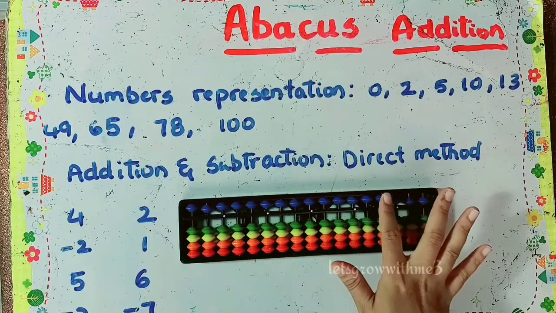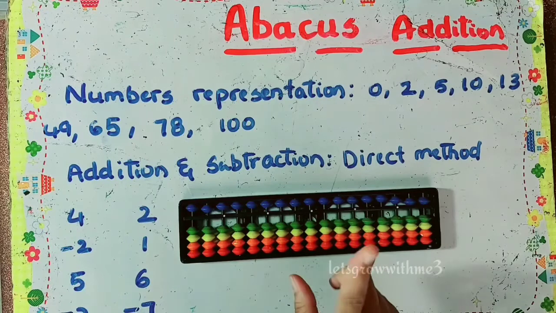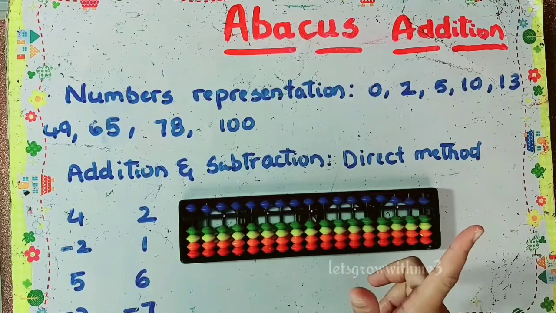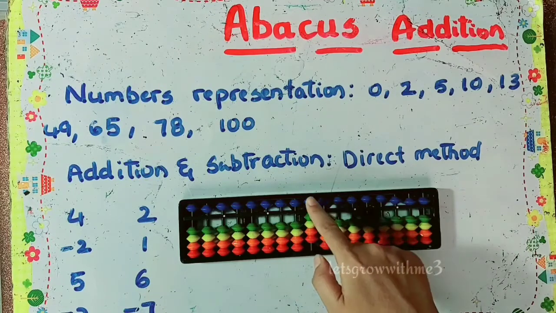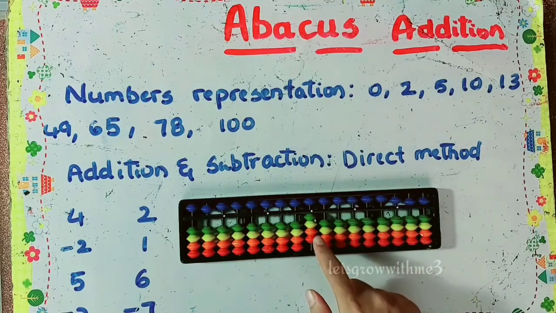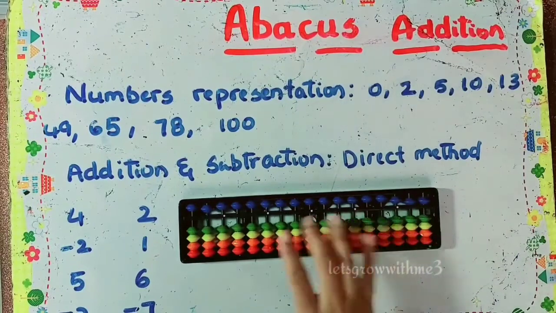First I will show the tool. So this is tool 17 dot tool. Here in the middle you have the answering bar, and you have some upper beads and lower beads. For the upper beads you need to use only the thumb finger, and for the remaining operations you need to use the index finger. For the upper bead up and down, and to lower your lower beads, we should use your index finger.